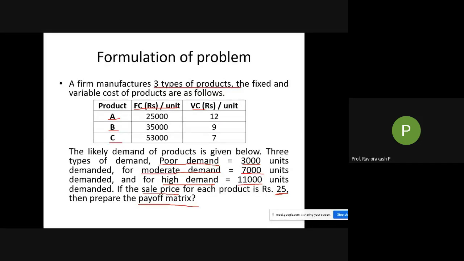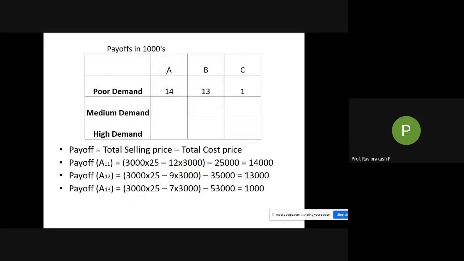So payoff matrix means what all should be there? There should be some horizontal components and some vertical components, right? Like the product should be there, so products A, B, C should be there. Then fixed cost and variable cost in the horizontal. So vertical product and horizontal, the different costs that are there. Okay, in this particular table, what I'm telling. But in a normal payoff matrix, there are some products A, B, and C.